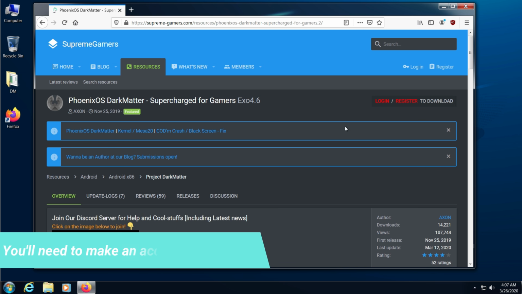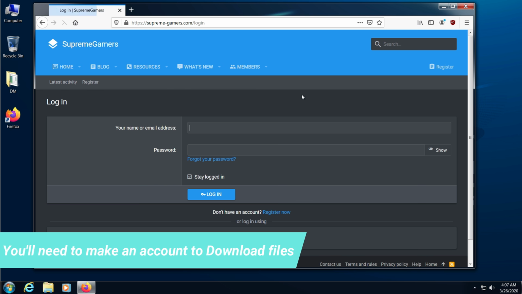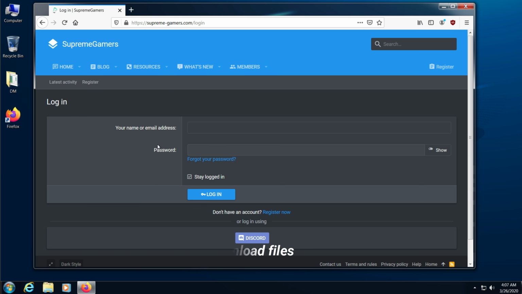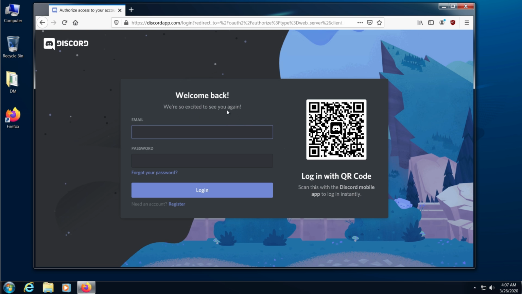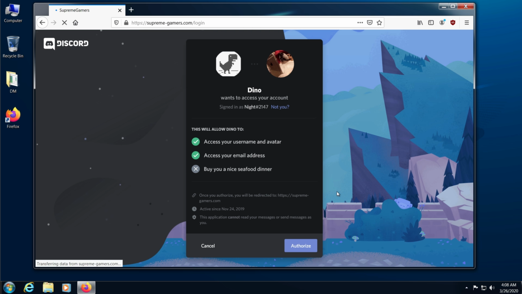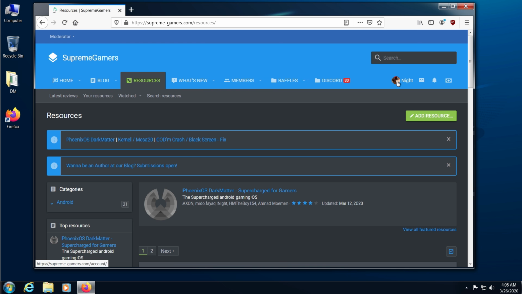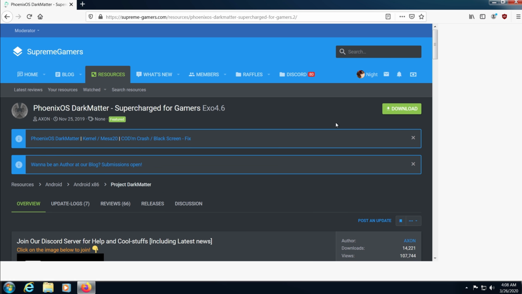Here you can see it's XO 4.6 and you'll need to make an account to get the download link. Let me just quickly log in using my Discord account. And now we're back. Click on the Resources tab again, and now you can see the big green download button